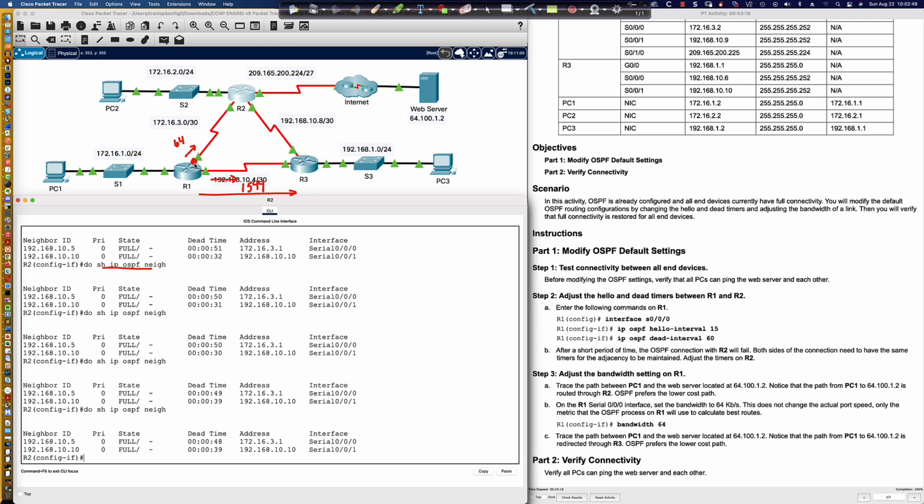So when we set it to 64 here, if this is in fact 64 kilobits a second, if this is in fact all that this link is capable of, do not only set it on one side. For the reason I just pointed out, all traffic coming in from the internet and all traffic from PC2 that's trying to get to anything over here on this network is going to come this way. And if it's only 64 kilobits a second, we don't want that. We would prefer that it come this way. Even though it's an additional hop, right,